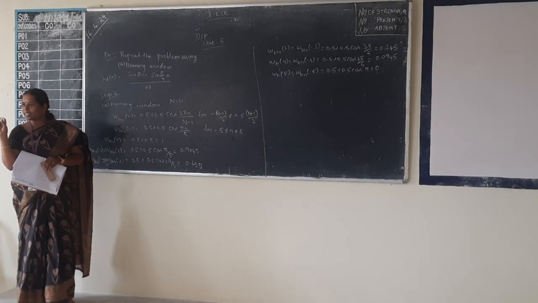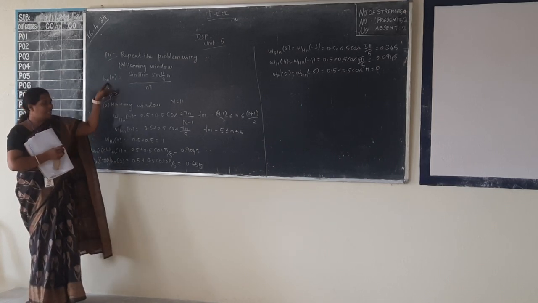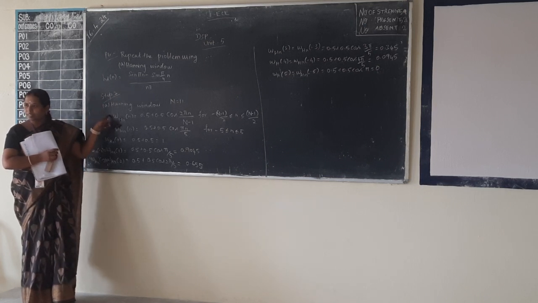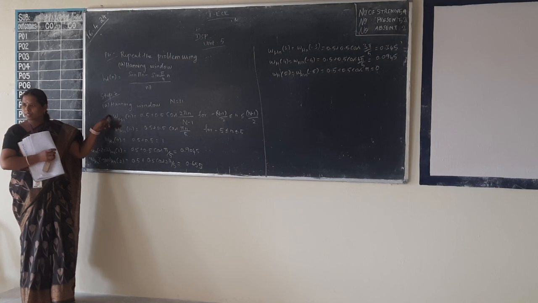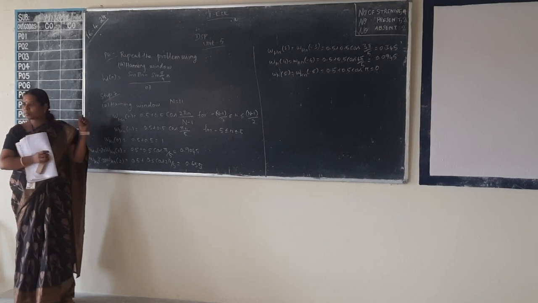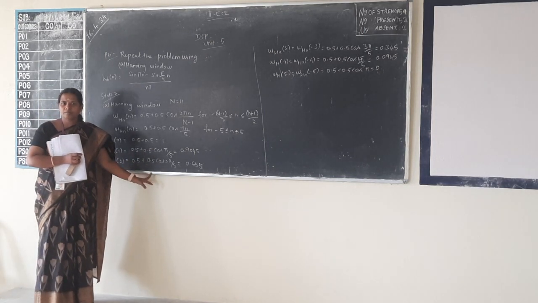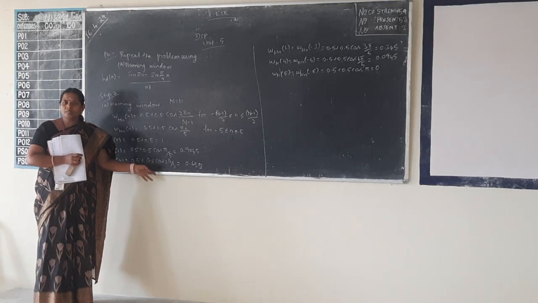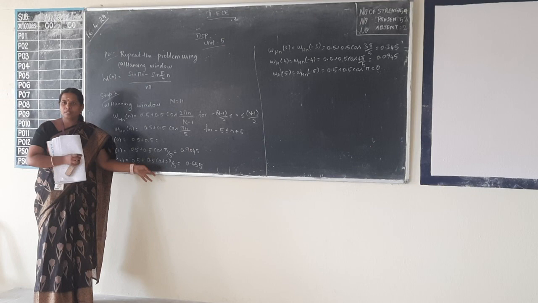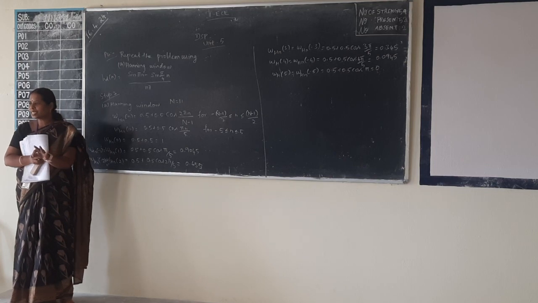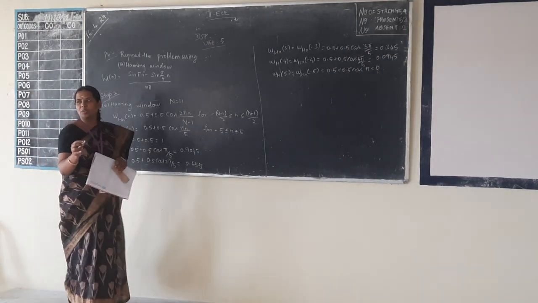So in step 1, we found the inverse Fourier transform and we got the impulse response h_d of n. And in step 2, we found the window sequence. What is step 3? What do you have to do? We have completed 2 steps. What is the third step? We calculate h of n.